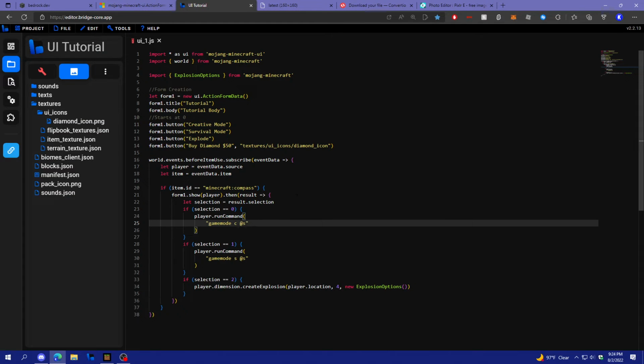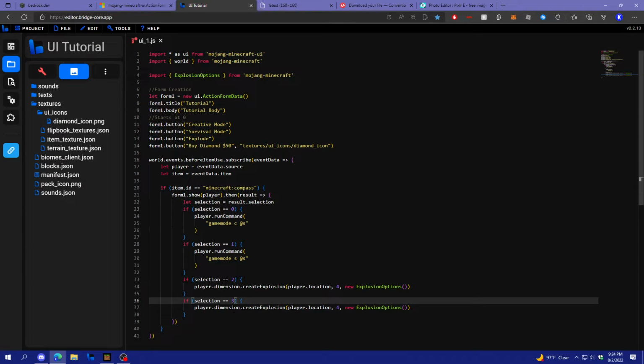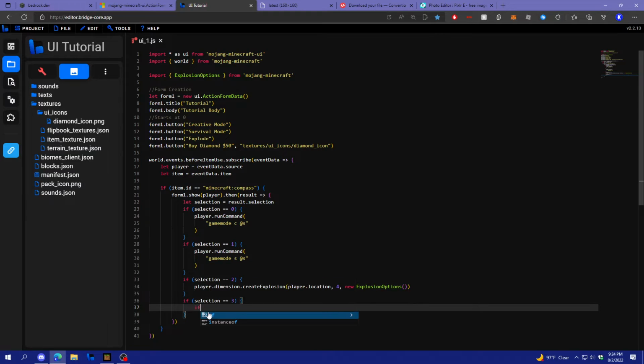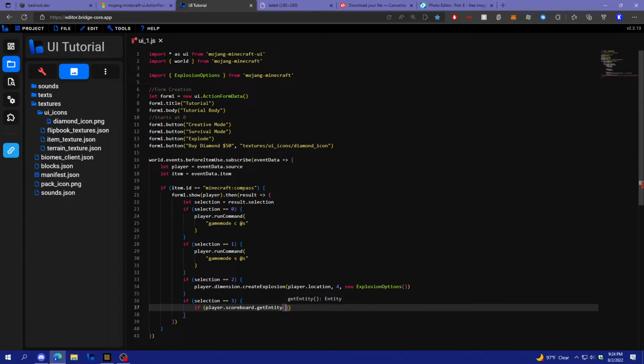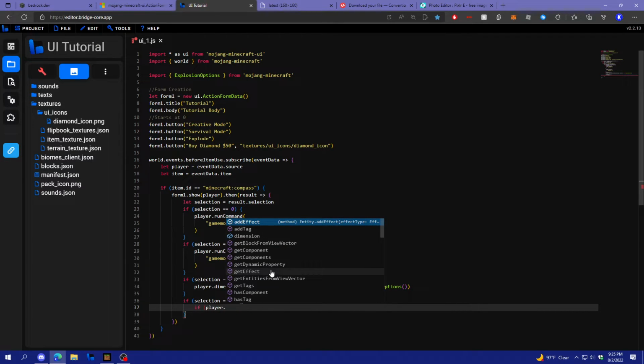So what we're gonna do now is actually make it work. So, what we're gonna do is probably we're gonna have to check if they have enough money, and if they do, we give it to them. So we can copy if selection equal to 2 and make this if selection equal to 3, and we'll do if player dot scoreboard. Let's get entity. Is that scoreboard dot? No, that doesn't work. Okay, if player dot